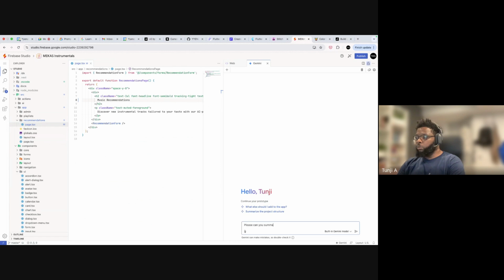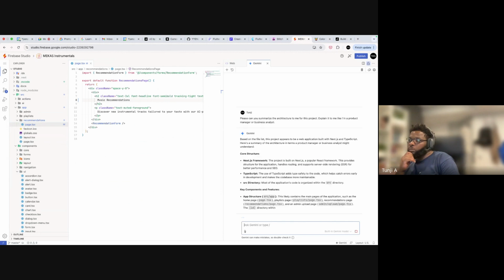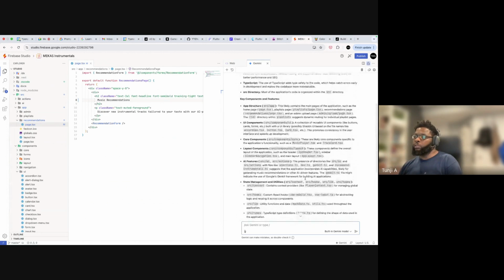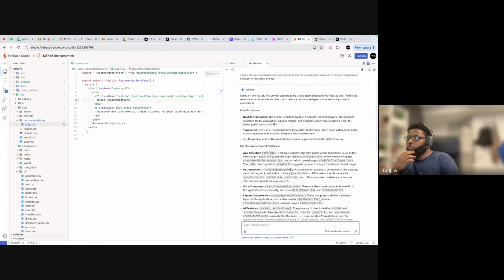Can you summarize the architecture to me for this project? Explain it to me like I am a product manager or business analyst. Let's see what it says. Let's read together and see if it helps. Okay, so based on the file list, this product appears to be a web application built with Next.js and